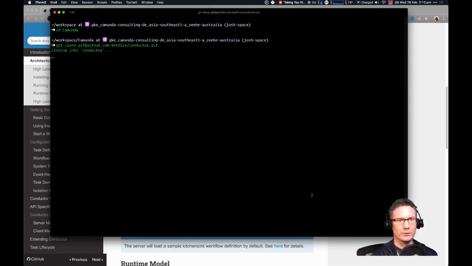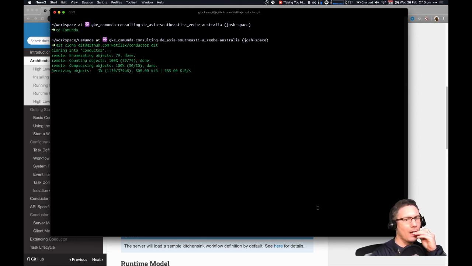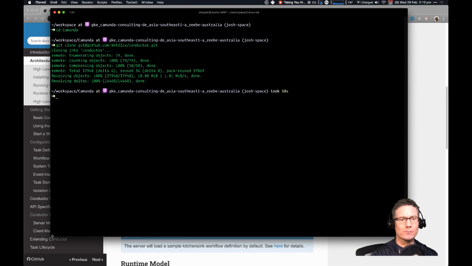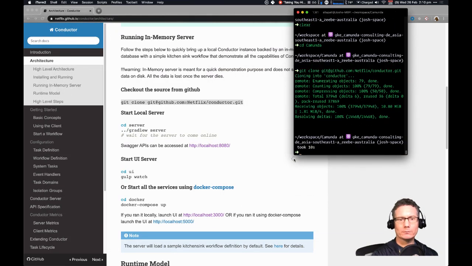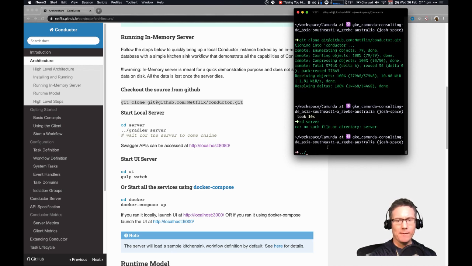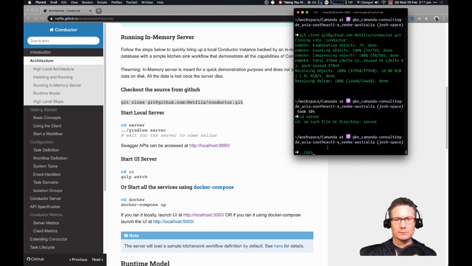And just run that git clone command. Cloning into Conductor. Okay, got to build it from source with Gradle. Do I have Gradle installed on this machine?